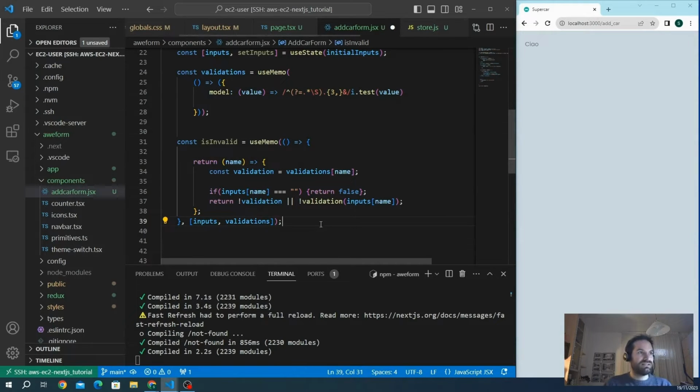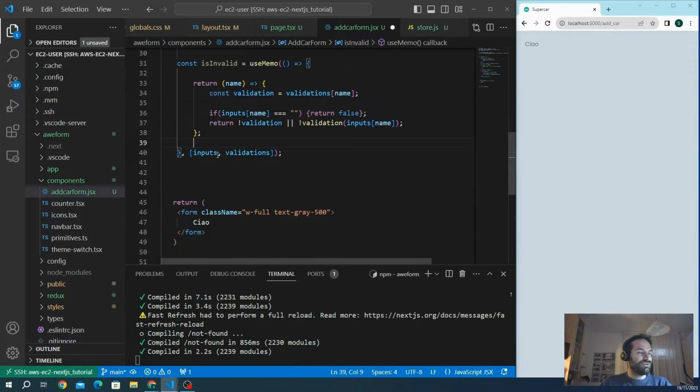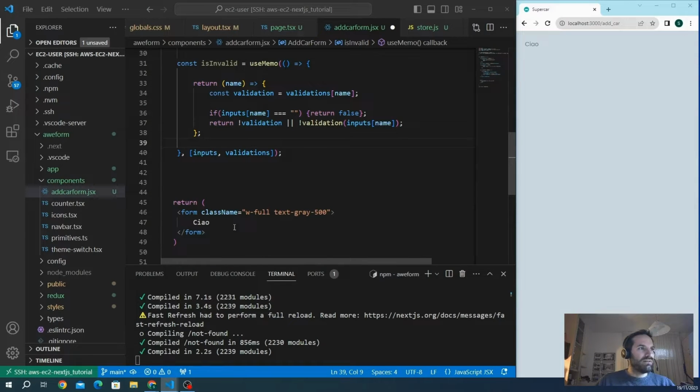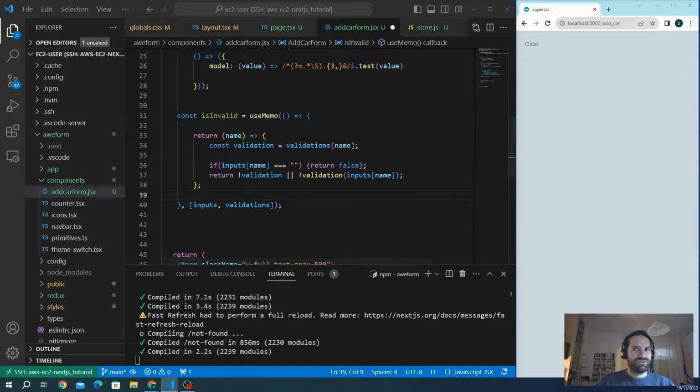More optimized, and here we go. So we have our logic here. So let's use this function and let's create our first input. Before going to the front end, we need another function. This function will handle the input change. We call this function